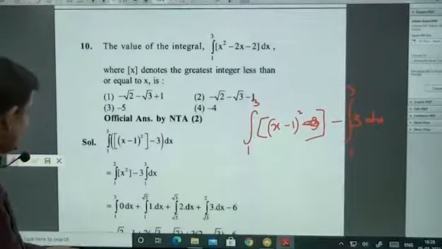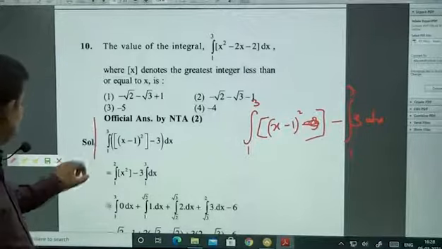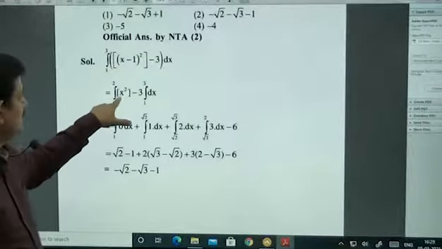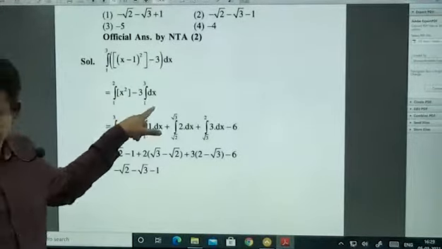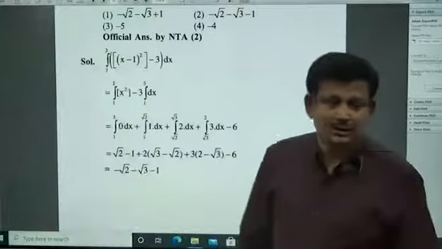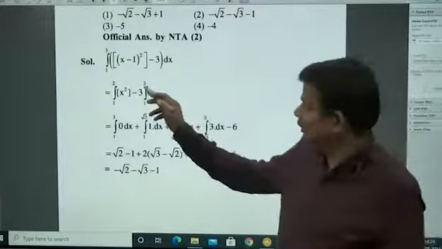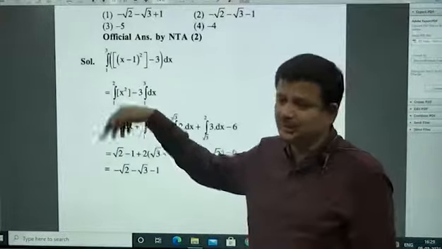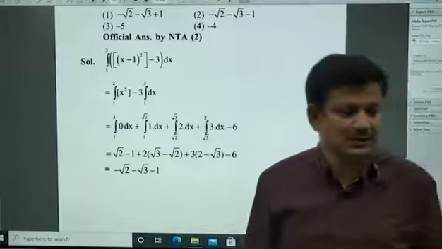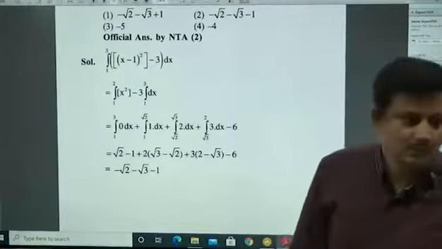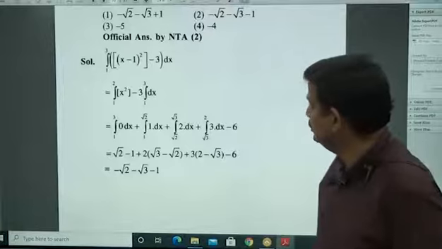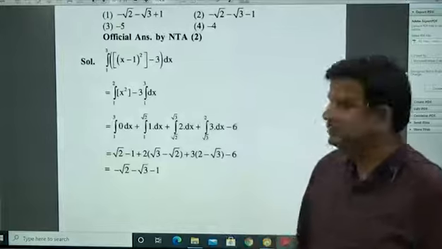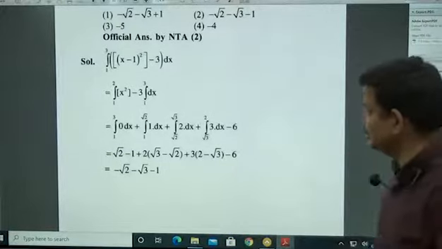That's what he did. Or maybe he did one more thing inside. This integral 1 to 3 of x minus 1 whole square, he is writing in terms of t. Okay, that will simplify your vision. How? X minus 1 is equal to t. Accordingly, limits will also change from 0 to 2. Instead of 1 to 3, the limits will now be 0 to 2. This is a mistake here. It should be from 0 to 2. Okay.